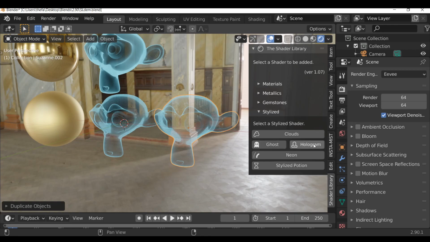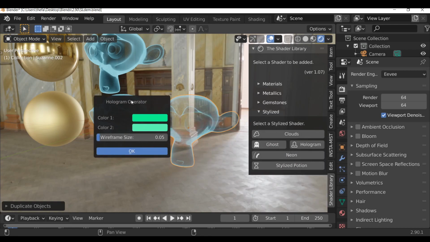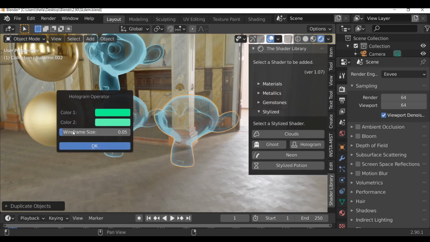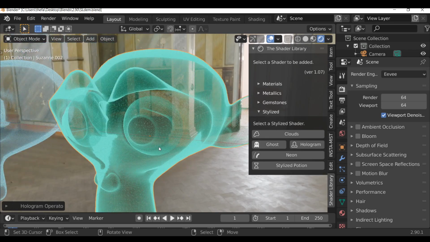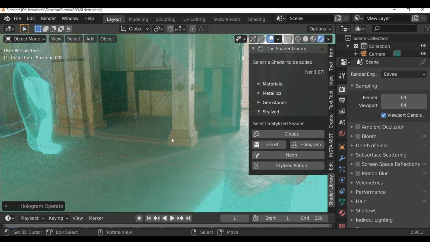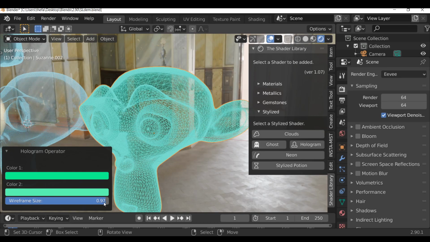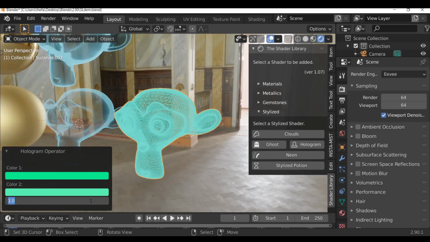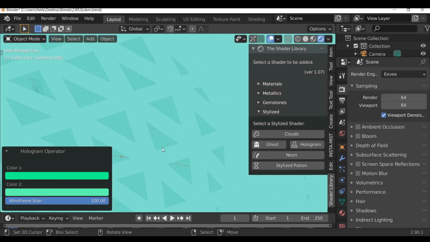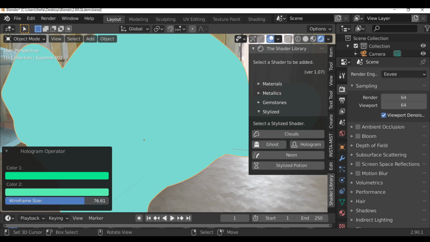And then finally, let's take a look at the hologram. So again, it's pretty much the same thing, but this time we have a wireframe size option. So the more we increase this, the more the wireframes will be visible, but let's go ahead and take a look at this. So you can see the wireframe is barely visible. If you want to increase that, you can do that by... So the slider goes up to 1, but if you want to increase this more, you can just manually type a value. Have some crazy amount of wireframes, I don't know why, but...